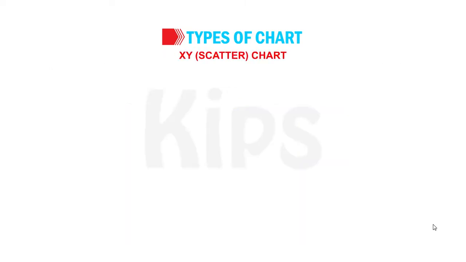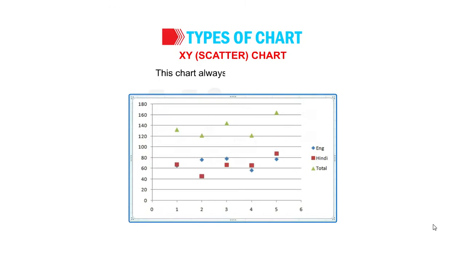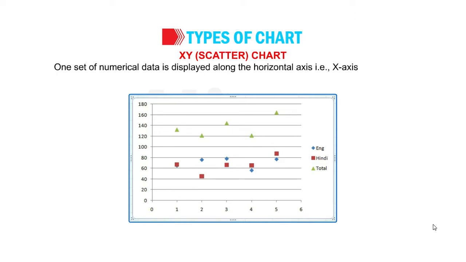Number 5. XY scatter chart. This chart always has 2 value axes. One set of numerical data is displayed along the horizontal axis, that is x-axis, and another set is represented by the vertical